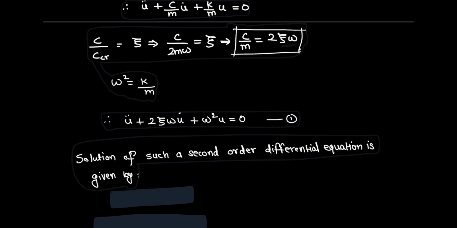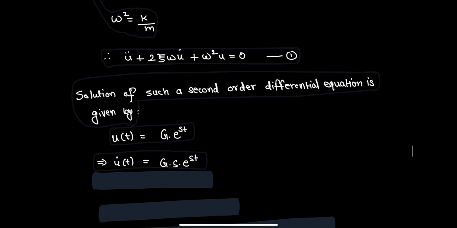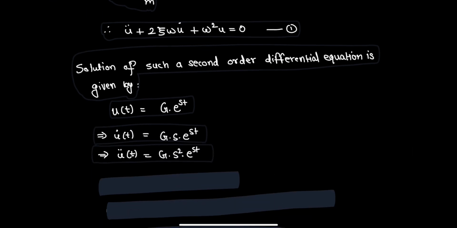the solution of such a second order differential equation, which is given by u of t is equal to G into e raised to st, where G is any arbitrary constant. It should be understood here from equation 1 that u dot and u double dot are kind of linearly dependent, and hence we have our general solution also of the form that makes u dot and u double dot dependent on each other. That is,